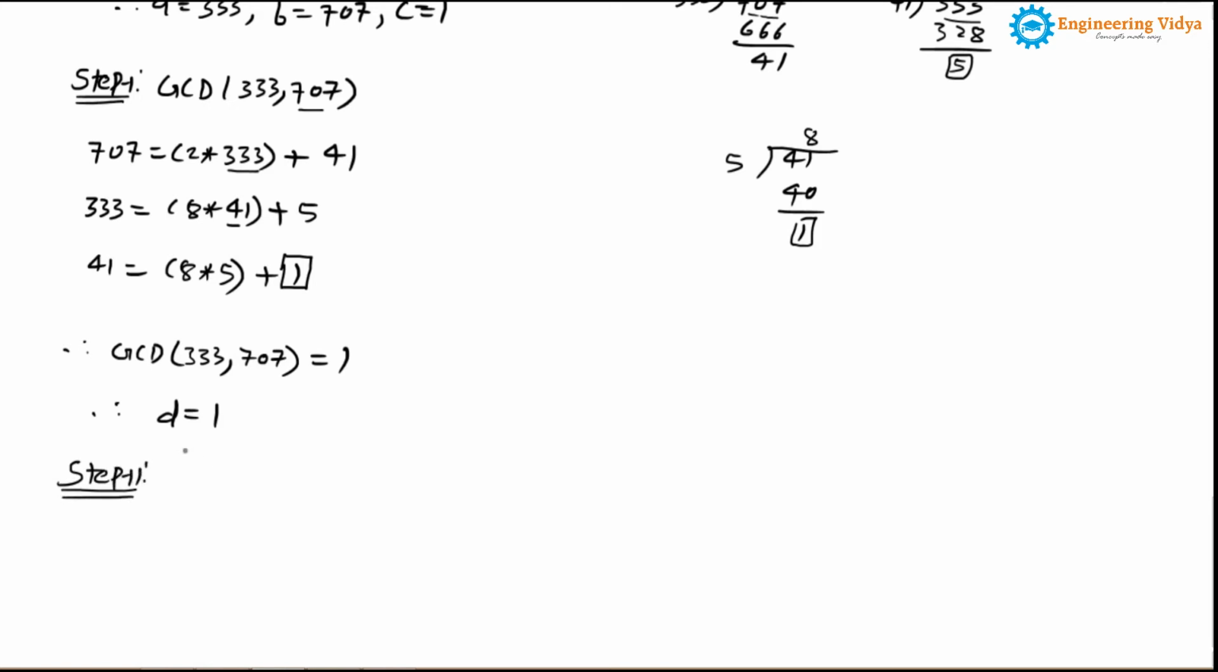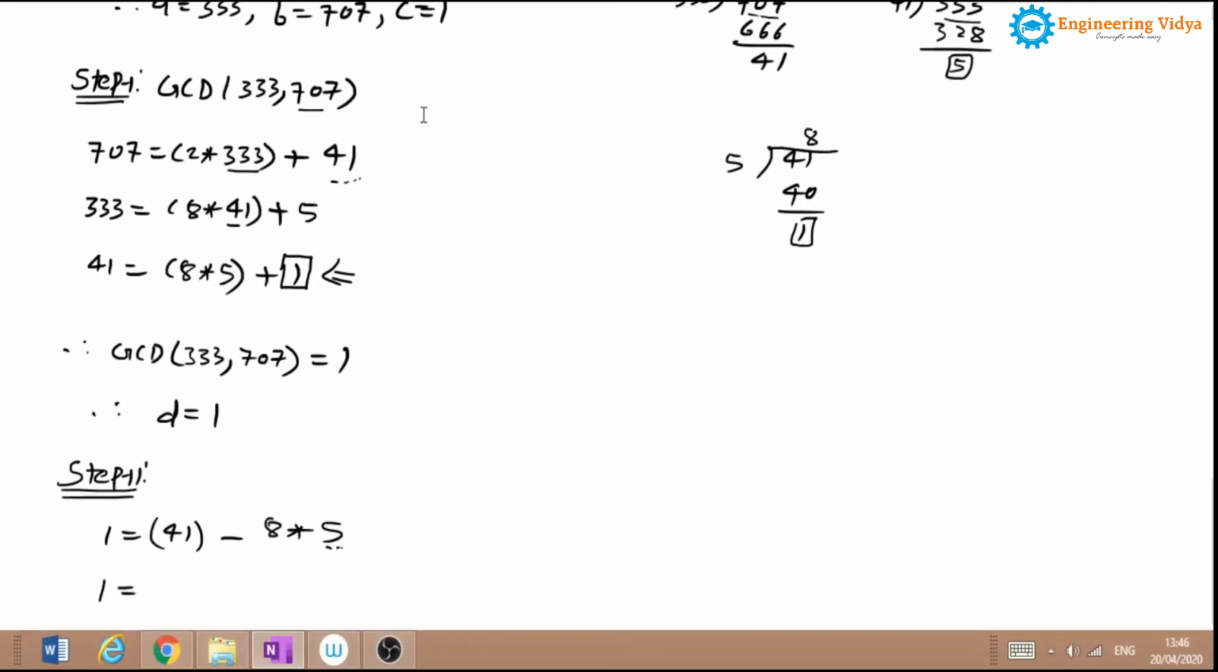To calculate x0 and y0, already you know the step. Here we'll take the latest remainder equation. So this is the equation of the latest remainder, and the value is 1. So 1 can be expressed as first term minus second term: 41 minus 8 into 5. Now we'll check, do we have a remainder over here? Yes, 5 is a remainder, and 5 can be expressed in terms of first term and second term, and 41 is again a remainder, so 41 can also be expressed as first term minus second term. So 41 will be equal to 707